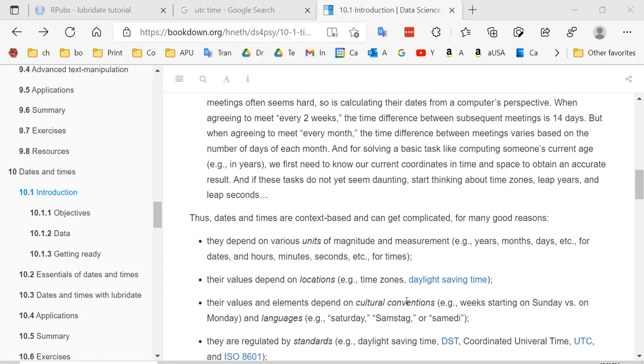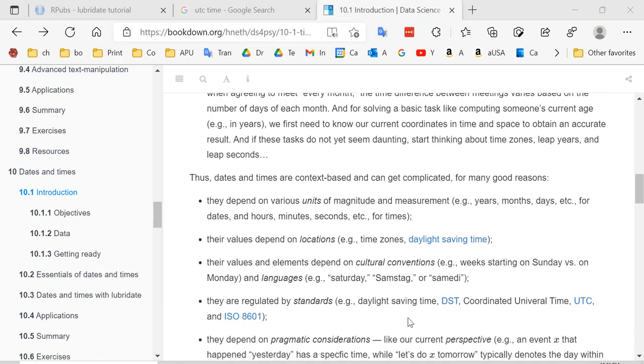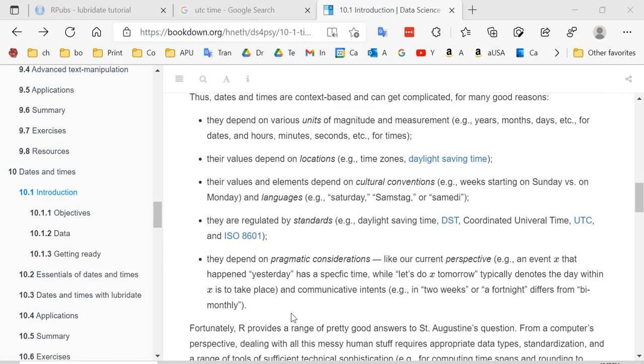Their values and elements depend on cultural conventions, weeks starting on Sunday versus Monday, and languages, and so on. They are regulated by standards, daylight savings times, coordinated universal time, and ISO 8601. They depend on pragmatic considerations like our current perspective. An event X that happened yesterday has a specific time. Well, let's do X tomorrow typically denotes the day within which X is to take place. I don't follow that. And communicative intents, 2 weeks or